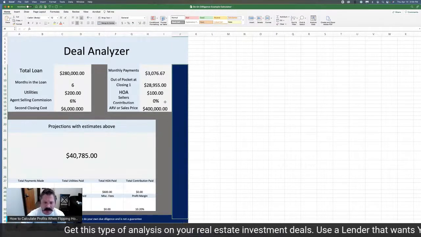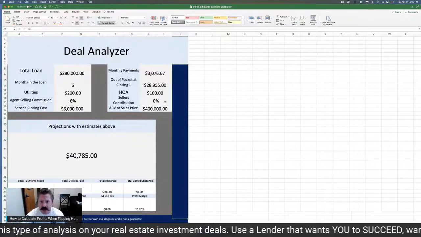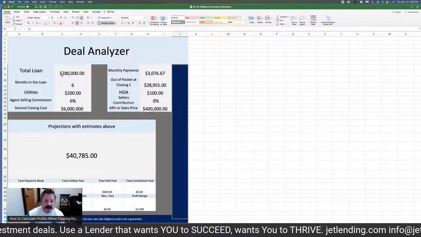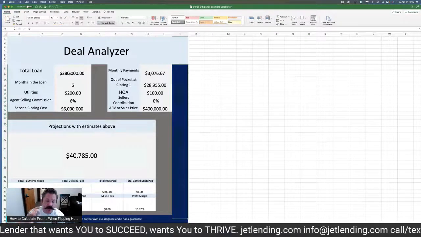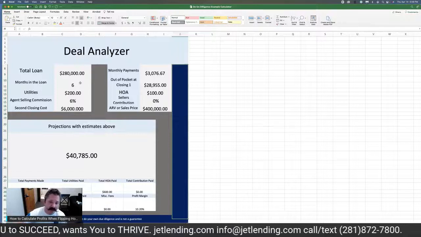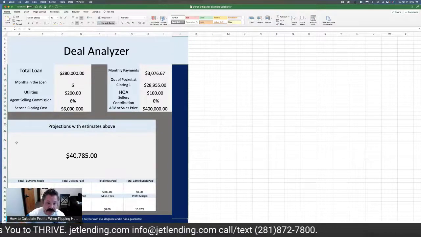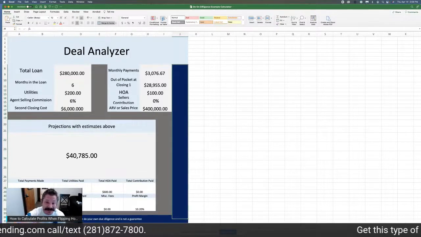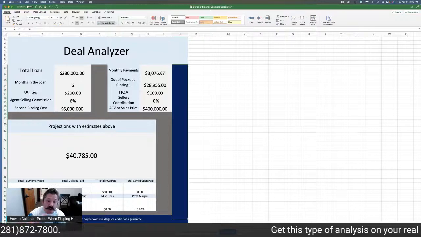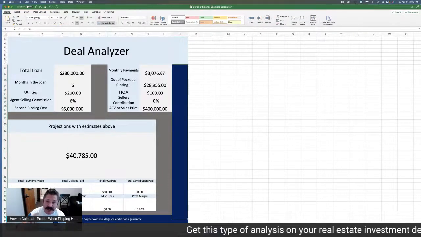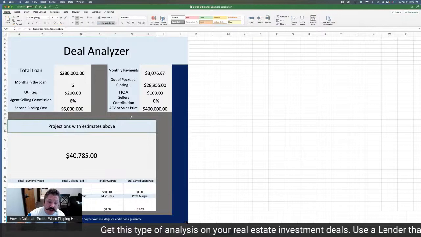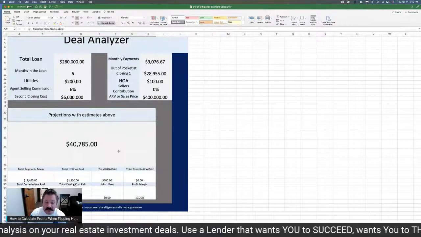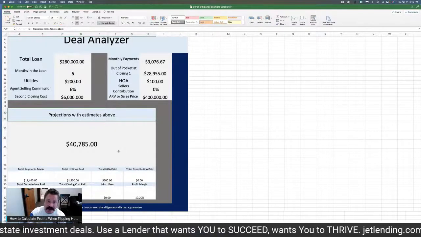So if you got a deal, because this is what a lot of you are going to talk about: "Well, I'm not paying 29 grand out of pocket for my flip." Would you pay $29,000 if you had to pay your $280,000 loan off? You had to pay yourself back every penny of interest, six months of interest payments, the 6% agent fee, your closing costs, your out-of-pocket costs, your HOA fees, everything in. Would you pay 29 grand to make